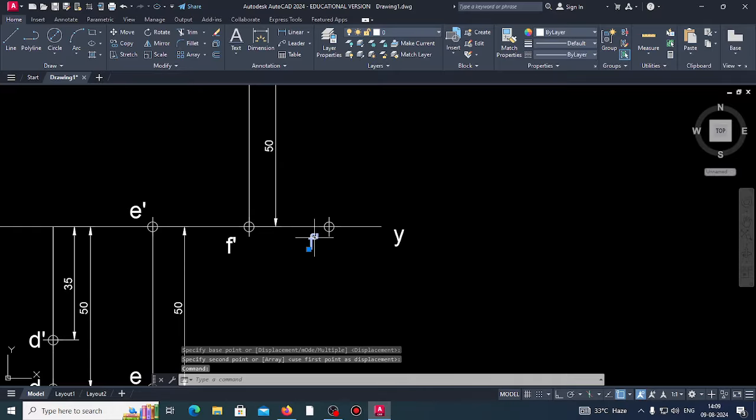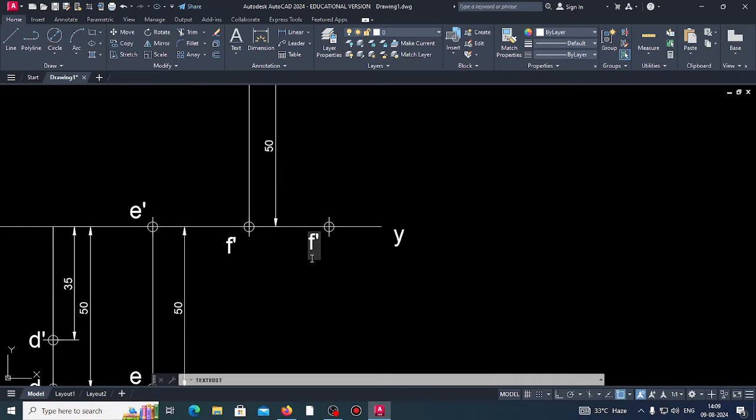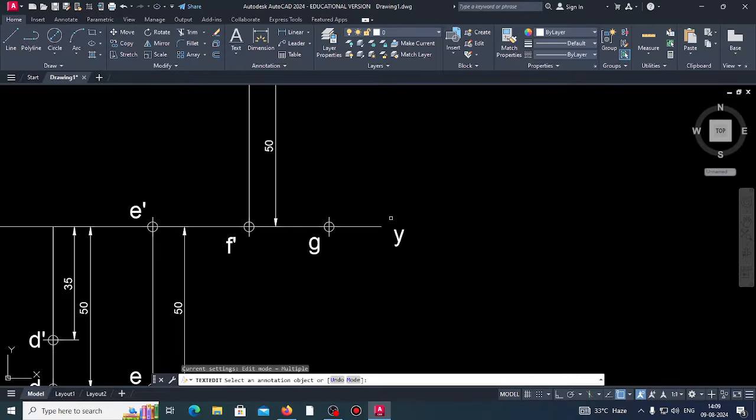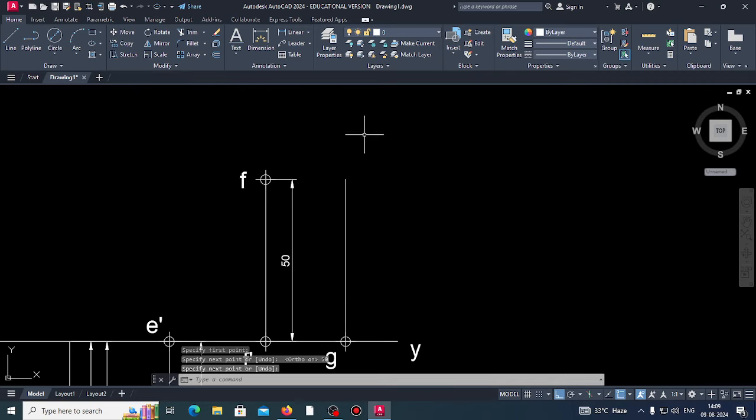Okay, double click. The point name is G, top view without containing dash, and front view X mm above the HP means 50 mm. Okay, 50. You draw one line, right click,